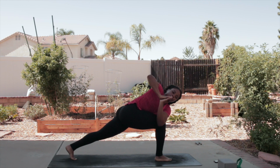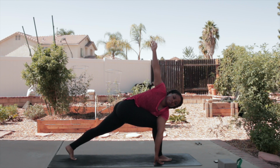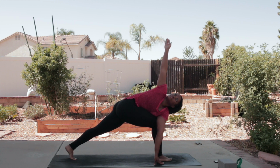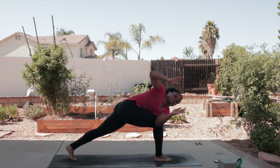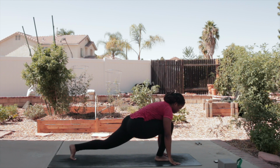And then if it's comfortable for you, you can snuggle your left arm deeper to the outside of your right knee. Put your left hand on the ground next to your right foot, and your right arm goes up towards the sky for a deeper stretch. And after 5 breaths, your palms go back to prayer position, and you come back to neutral and step into